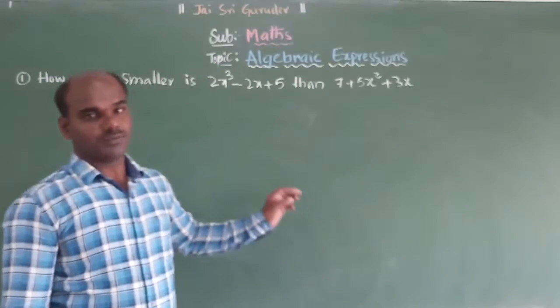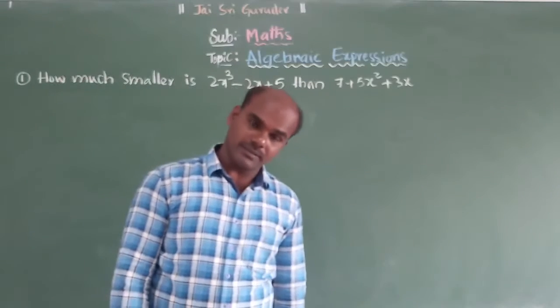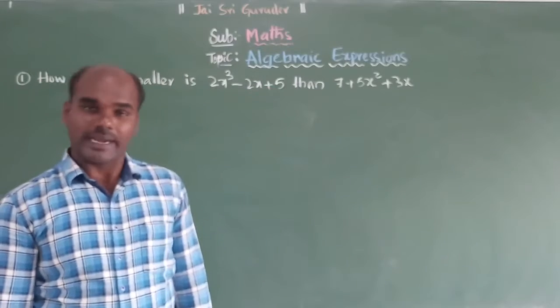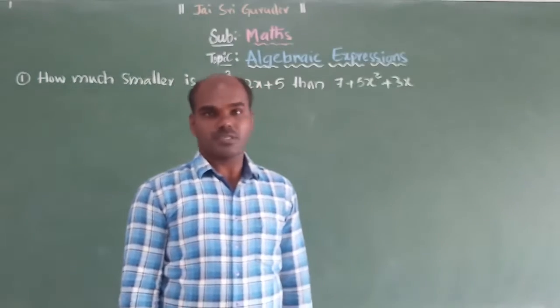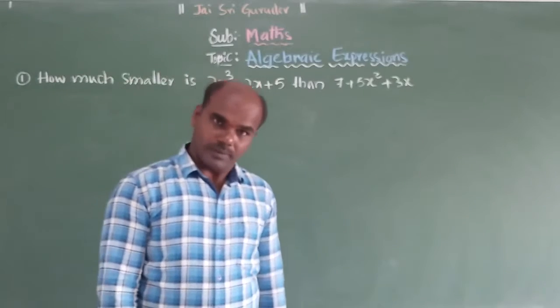Okay, in the last class we discussed algebraic identities along with their proofs. Based on those identities, some examples were also completed. Now we are going to the exercise problems.